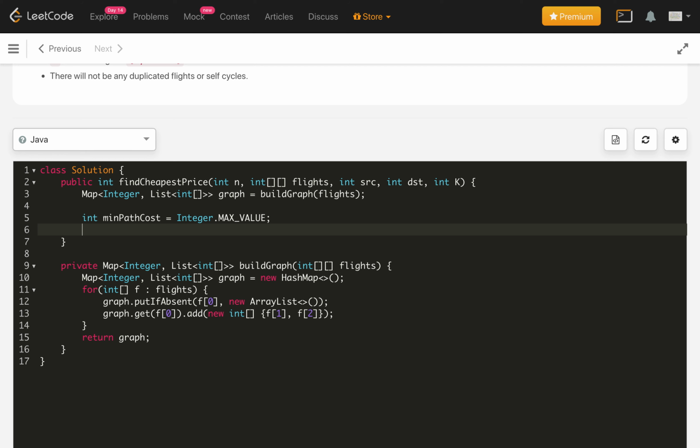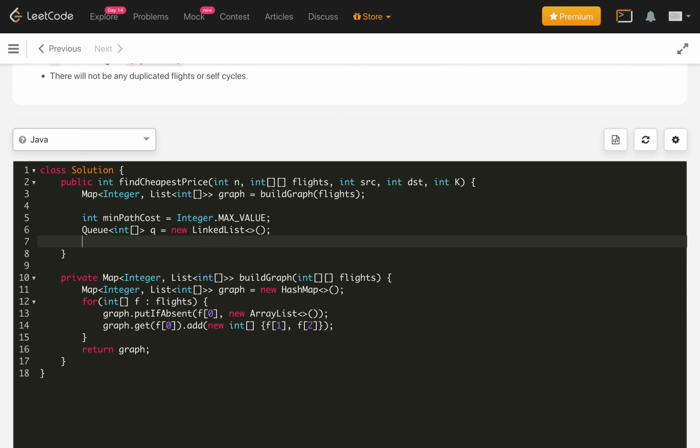Then we will need a queue which will hold our int array, which is the destination city and the total cost of reaching that city from the source. This queue is equal to new LinkedList. Now we need another variable which will track the stops, how many stops we have already covered. It starts from 0.